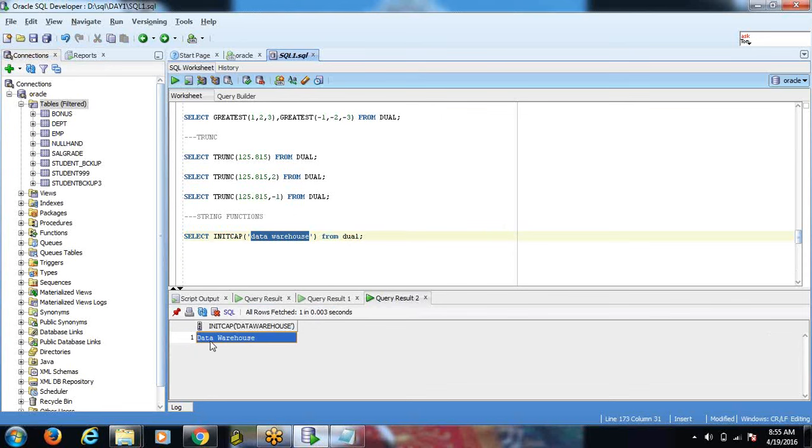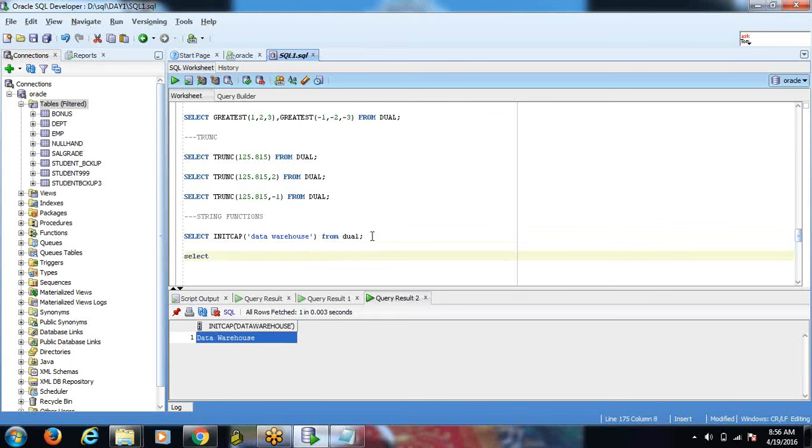Whenever a space is there, it is retrieving the starting characters as capital letters. That means the init cap function is used to display the output with the starting letters as capital letters. The initial letters should be capital.